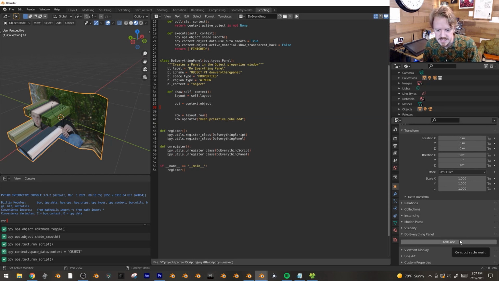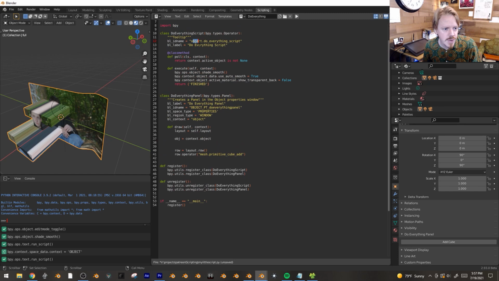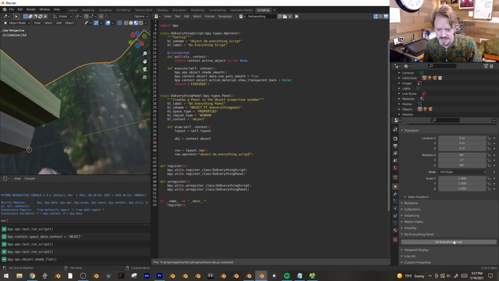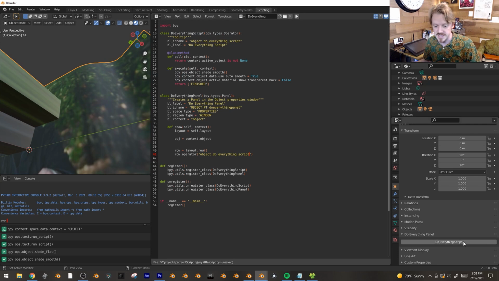And now what we have is this add cube operator, and this is that operator represented in Python. We're just going to replace that with our do everything script. Look at this. Paste that in, hit play. Now let's see if I change this back to flat. If I hit do everything script, look at that, we've just added a new little panel. I remember, if we install this and went save preferences, Blender will just be able to do this now forever,